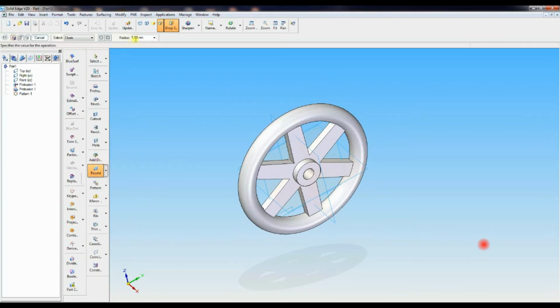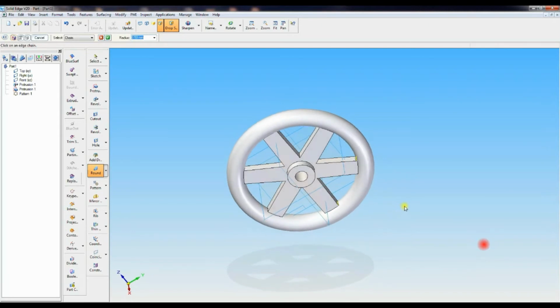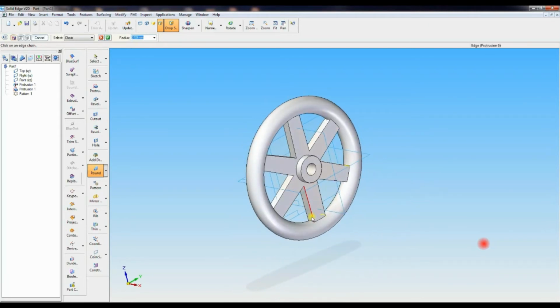Then go to round, radius 5. Select all corners of the newly created parts like this. Select all corners.